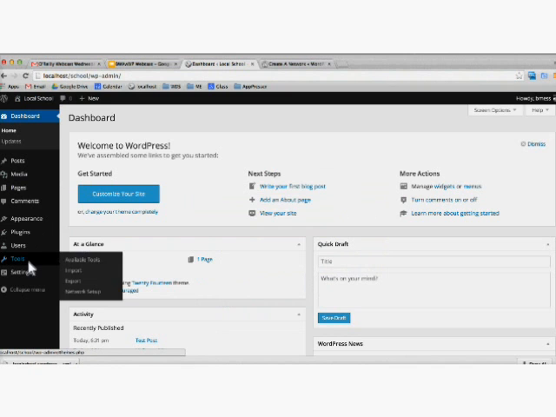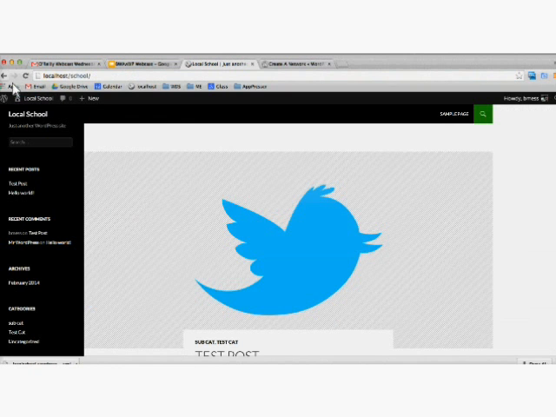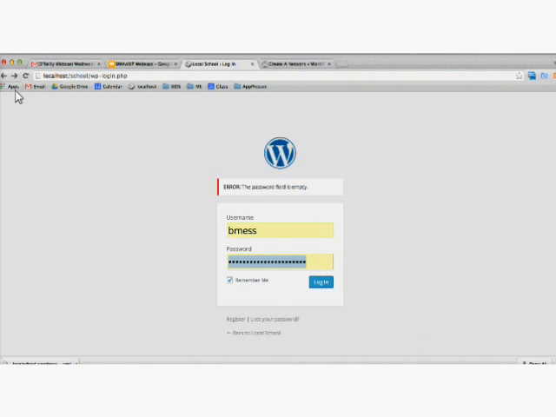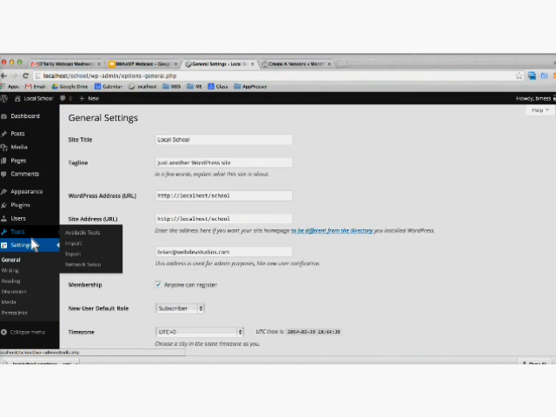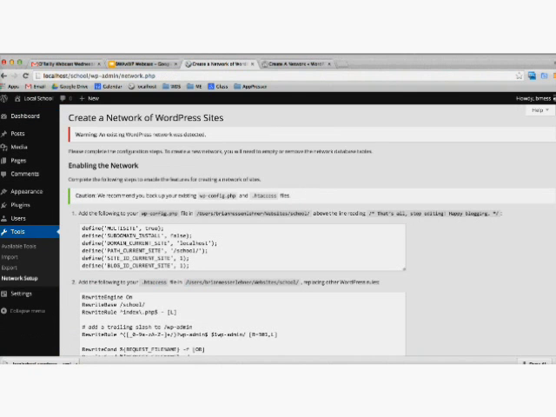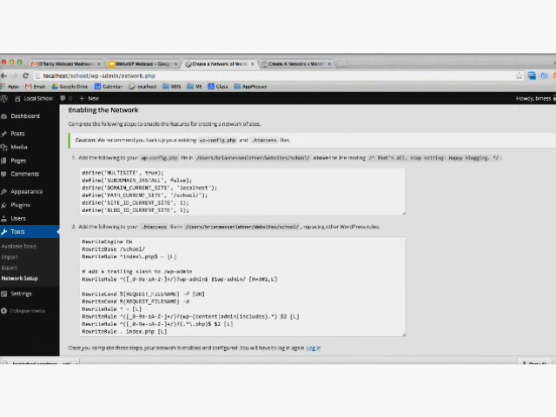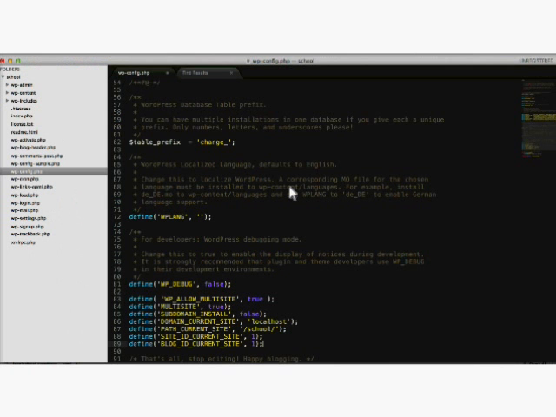What happened there? Oh, you know what? Yeah, that was right. Oh, I probably didn't save my WP config file. I didn't. So make sure you save your file after you change it. Now if I go to log in,